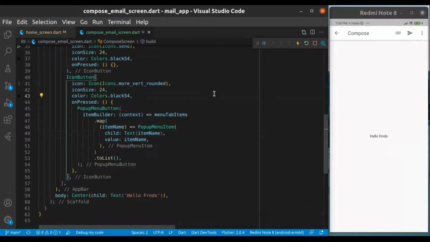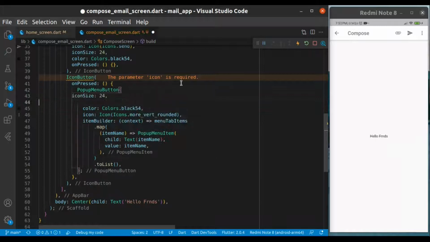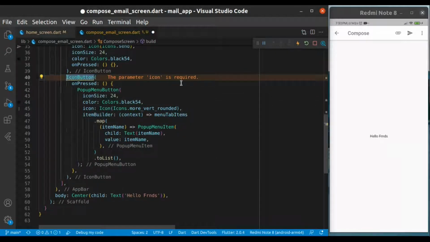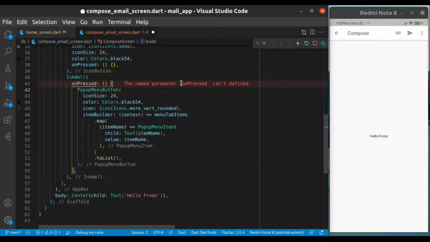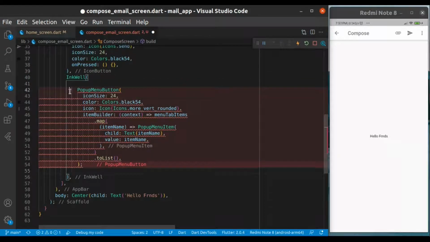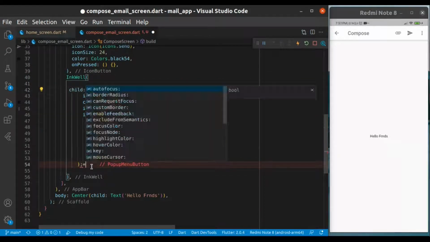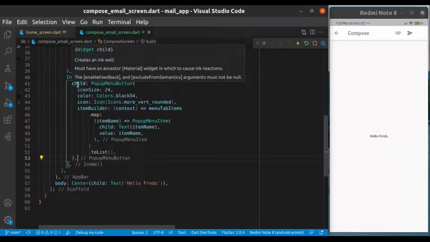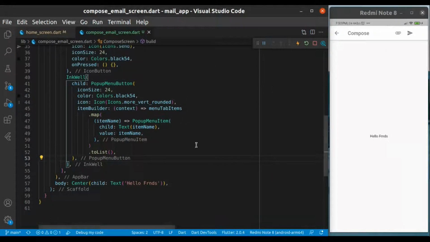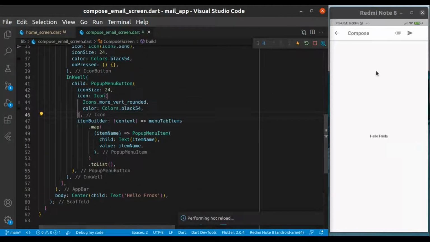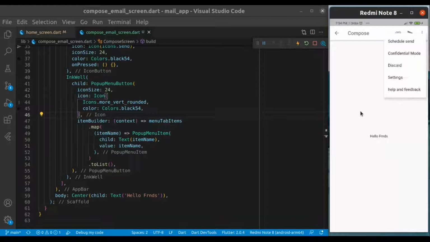So it's not working, so we'll restart, try to do it again. No, it's not working. So we cannot use icon button, we have to use inkwell and provide the child as a pop-up menu button. So these are the things which I am talking about. We are learning things, we are not just doing any professional kind of coding where you have done it before and you're just writing stuff and the viewers don't know how to get through the problems. This is how we get through. We'll try again and again.